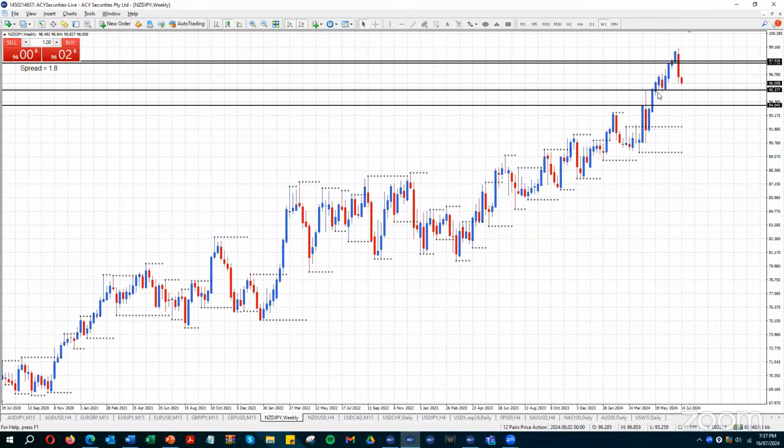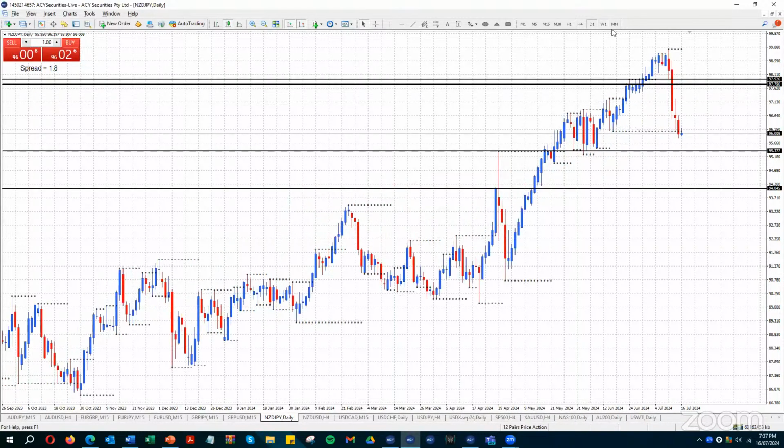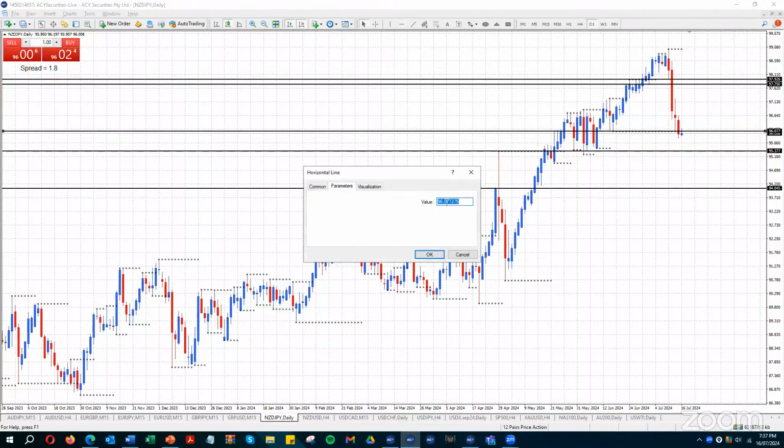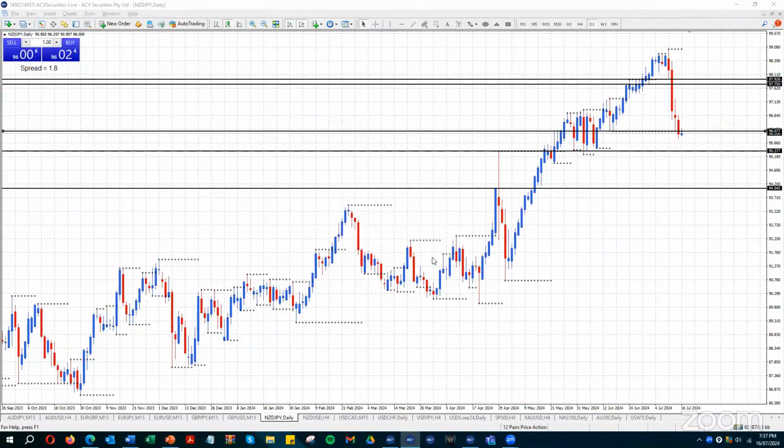There's a little minor area here. If that breaks, that's going to confirm that we're moving down to lower areas of support. And at the moment, we're just contending with this area of support, 96.083. So about the 96 level at the moment is just